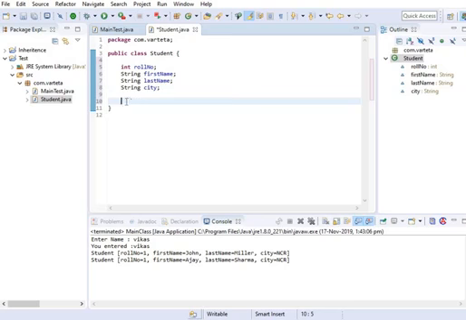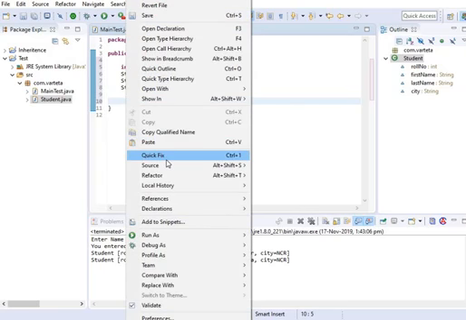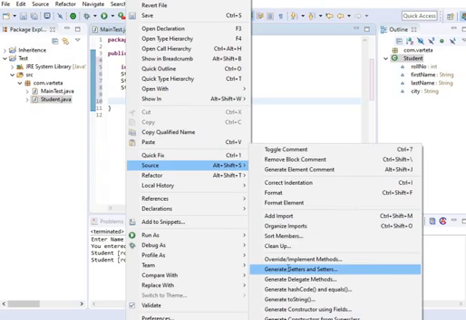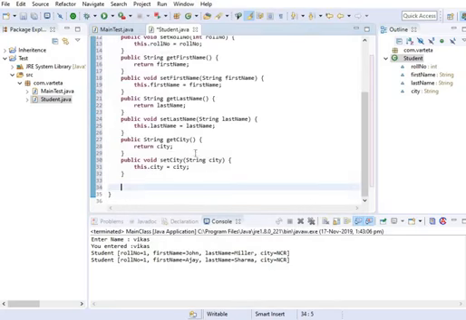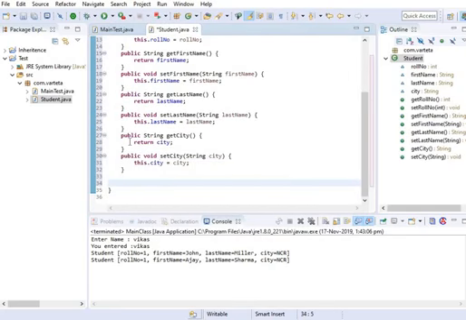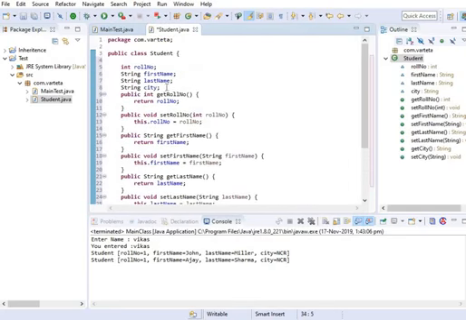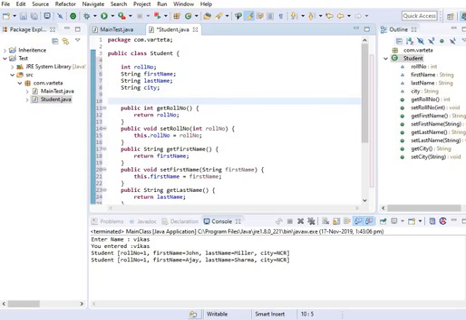I'm going to create getters and setters for this class, and I'm going to create a constructor.